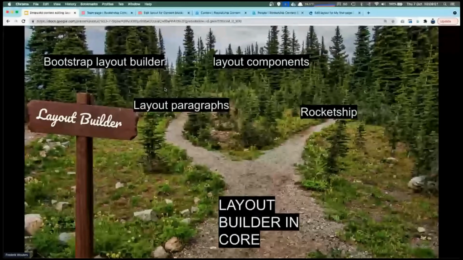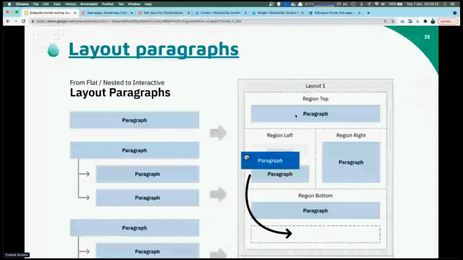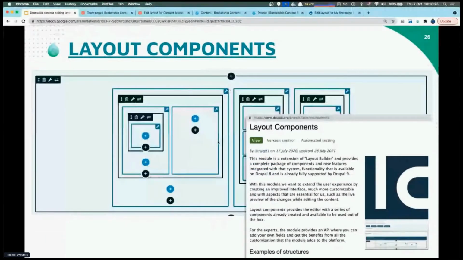That's why you saw that there's a lot of layout builder implementations emerging. We just saw layout builder in core. There's layout paragraphs that allows us to drag and drop paragraphs. There's layout components, Bootstrap layout builder, Rocketship, and I suppose there's maybe others out there too. So a quick glance over these in the ecosystem. Layout paragraphs allows us to have a similar approach with paragraphs. Everybody, I suppose, knows paragraphs. Then layout components also allows the section approach, with components, so you can have components in a layout builder kind of way